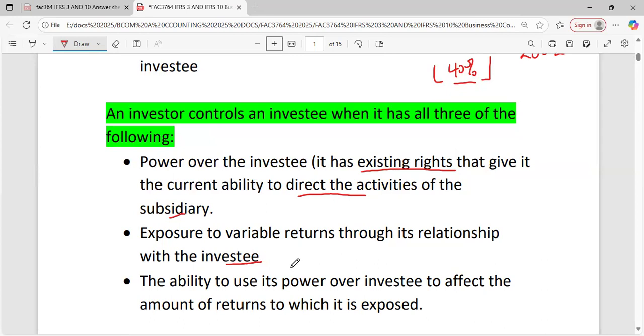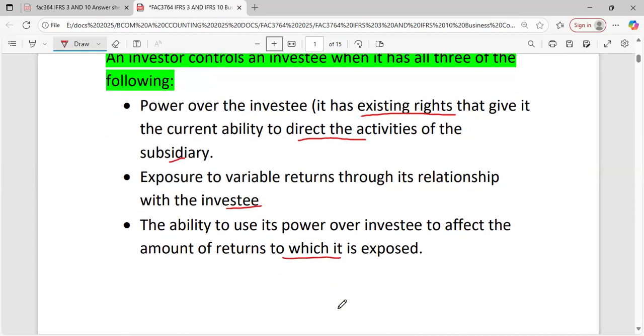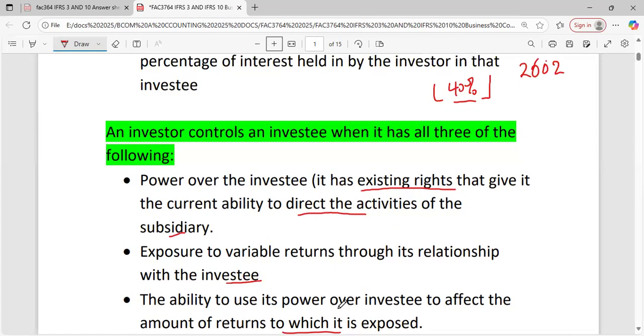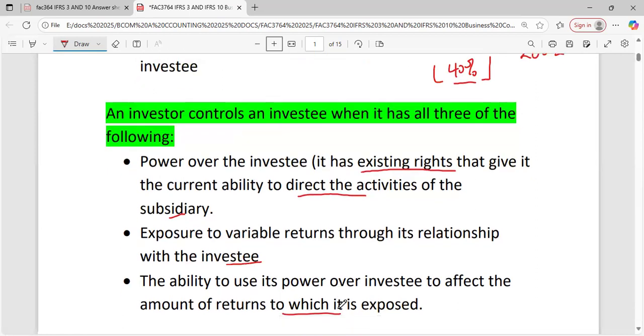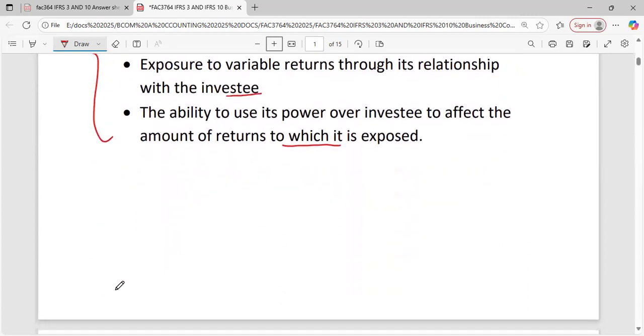So they will have power if they can also use their power over the investee to affect the amount of returns to which they are exposed. So if it is a theory question, and they ask you when does the investor have control over the investee, these are the terms that you have to select. Right, then let's look at